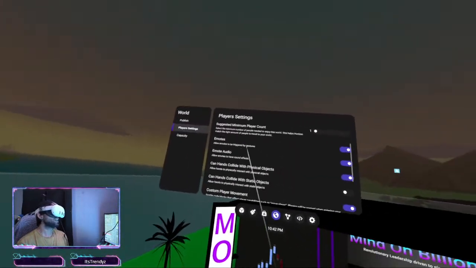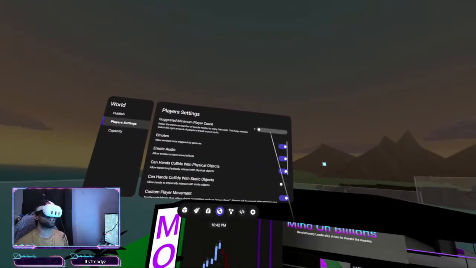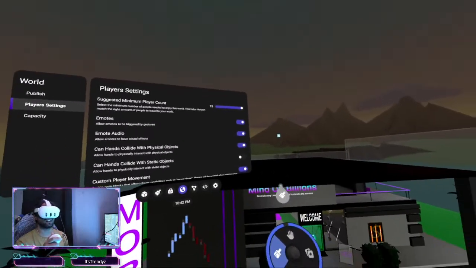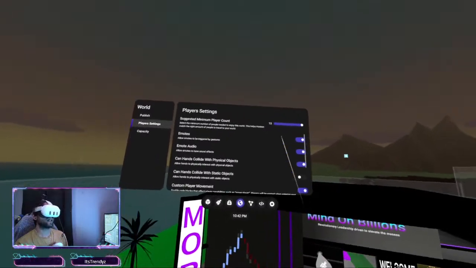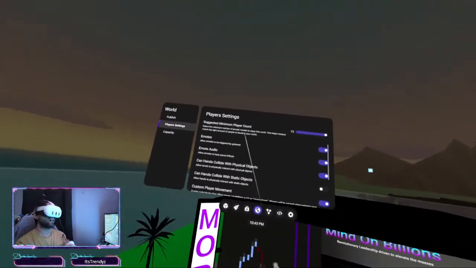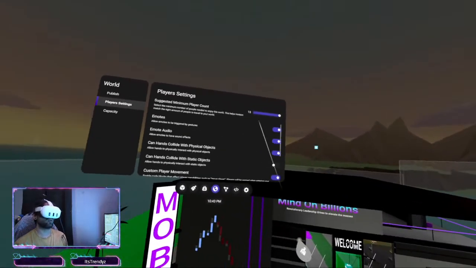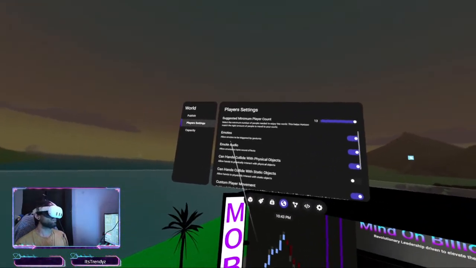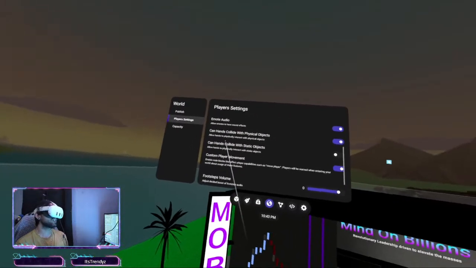So we have the players section, settings for how many players can join the world. It's right now showing 1. You can change it up to 13, but do know that when you change how many players go in the world, it's a capacity. It'll eat up the capacity, and that means you have to change things around in your world to make room for 13 people. We have emotes, emote audio, can hands collide with physical objects, and hands collide with